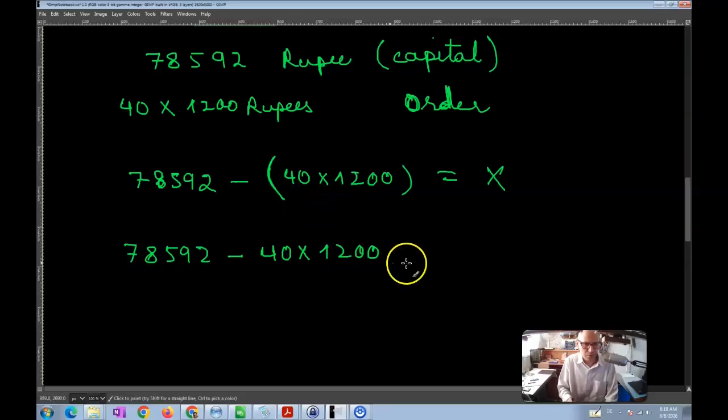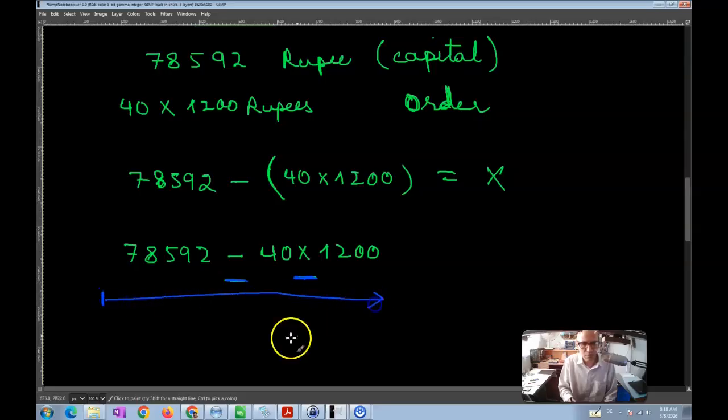Because when you have this kind of operation, there is multiplication and then there is subtraction, and there is this priority of the 4 basic operations. First of all, you will have to start from the left hand side and move towards the right hand side, right? So when I start from the left and move towards the right like this,